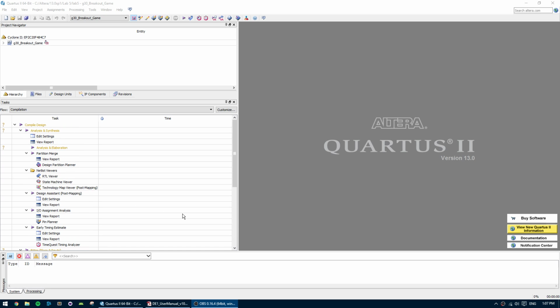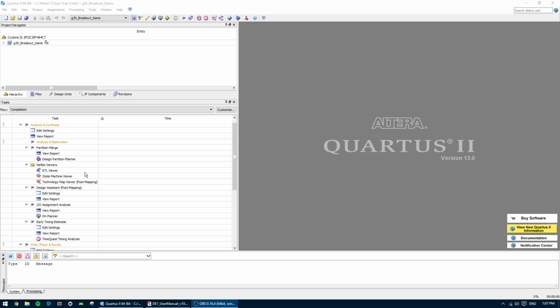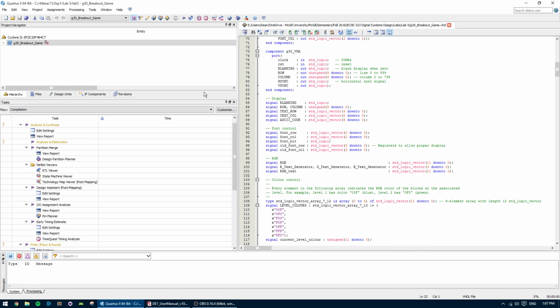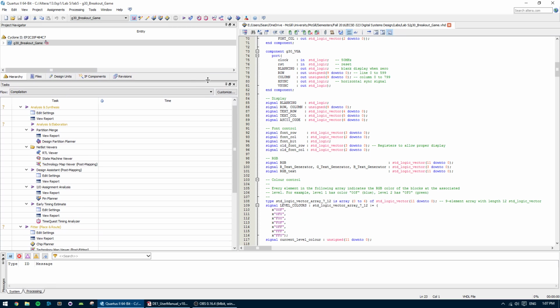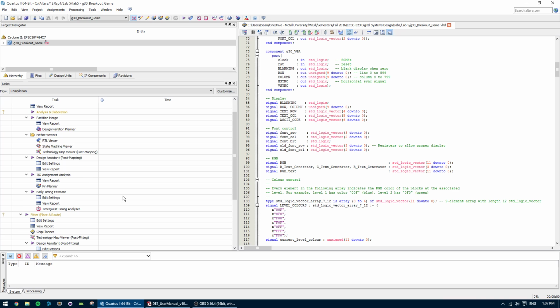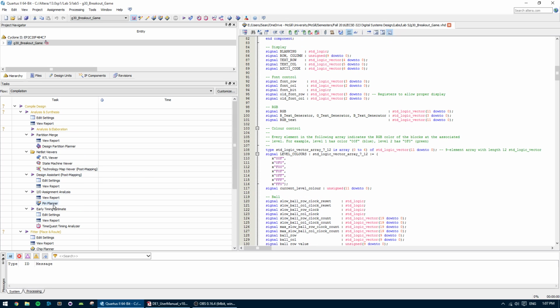Hi guys, so today I'm going to show you how to assign pins to your Quartus design and then program to whatever device you're using. So let's say you have a VHDL project here in Quartus and you want to try it out on whatever board you're using. So first thing you want to do after you have everything set up is compile,